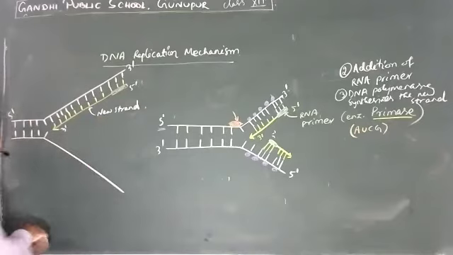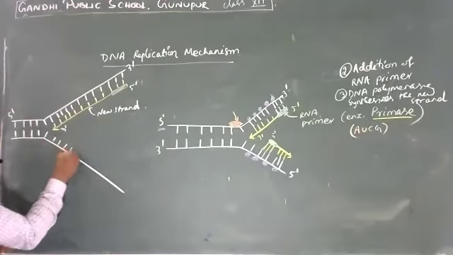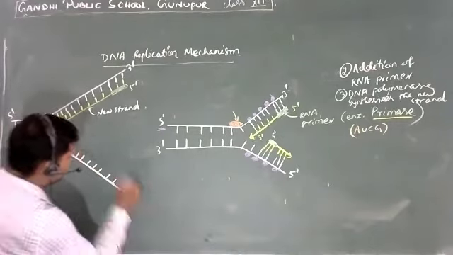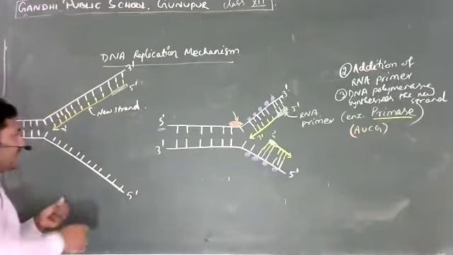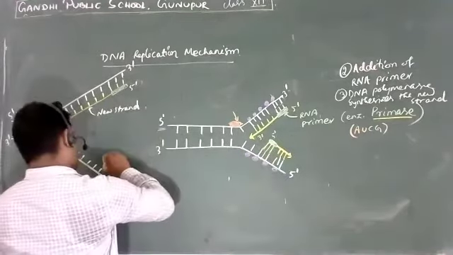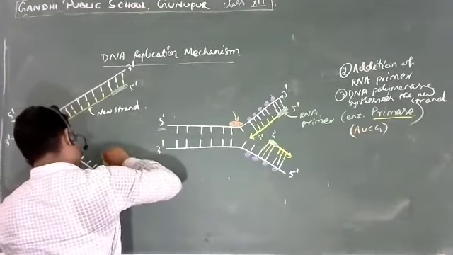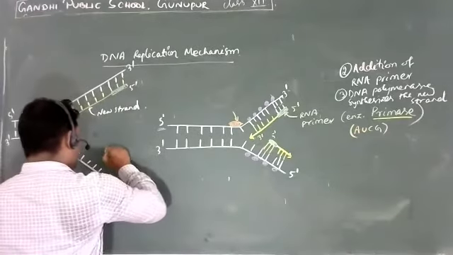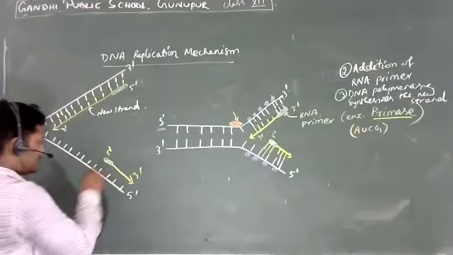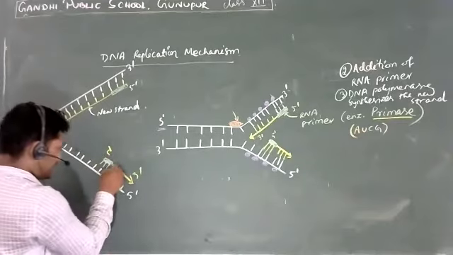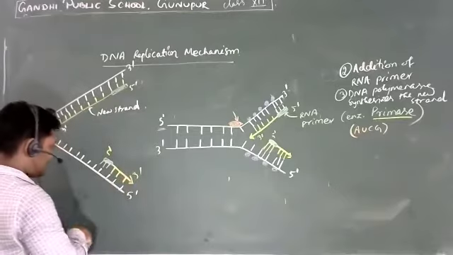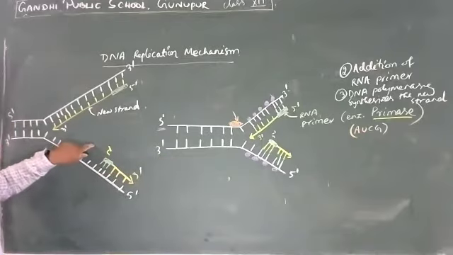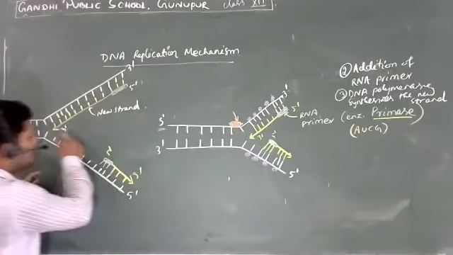And on this side also, what is going to happen? Let us see quickly. So this is our 5' end. This is our 3' end. So here, if you see from here, we had one strand already formed. We have a primer here, and we have the new strand synthesized. So again, we have the 5' to 3' orientation here. So 1, 2, 3, and then we have the new strand. Clear.